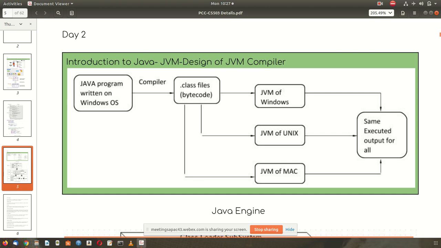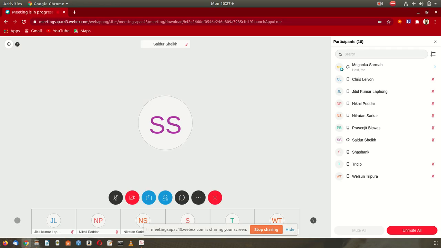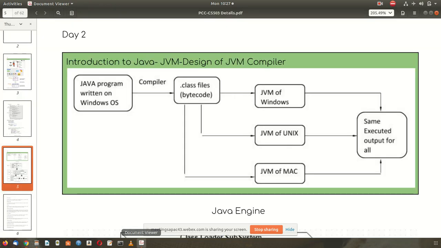This bytecode is converted into Unix. The same bytecode is converted to Windows, the same bytecode is converted to Unix, the same bytecode is converted to Mac.